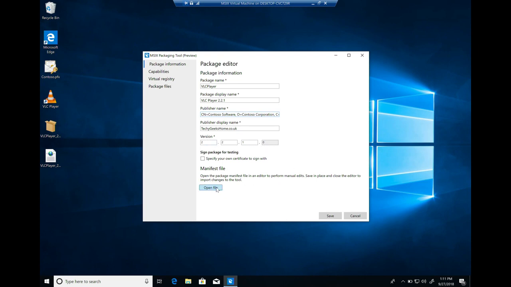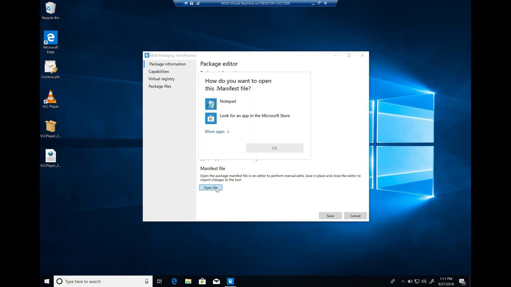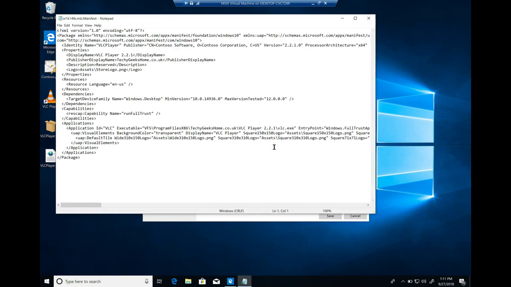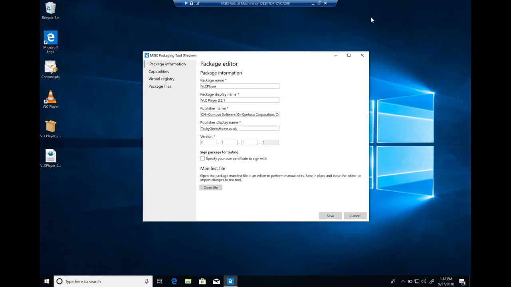We also have this button here that if I wanted to play with the manifest with the editor of my choosing, I can just do that this way. So say I want to add another entry point here, I can go ahead and play with this file and update it any way I wanted to. Or say I'm creating a new update package, I want to bump up this version, I should be able to do that. Hit save, close it, then I should be able to see this updated in the UI. Okay. Didn't happen, but